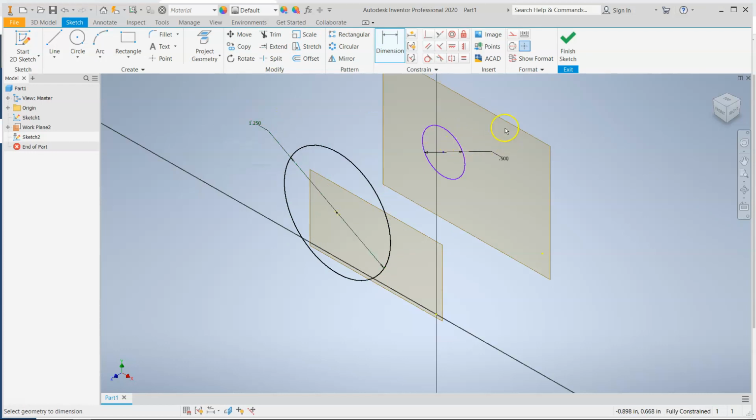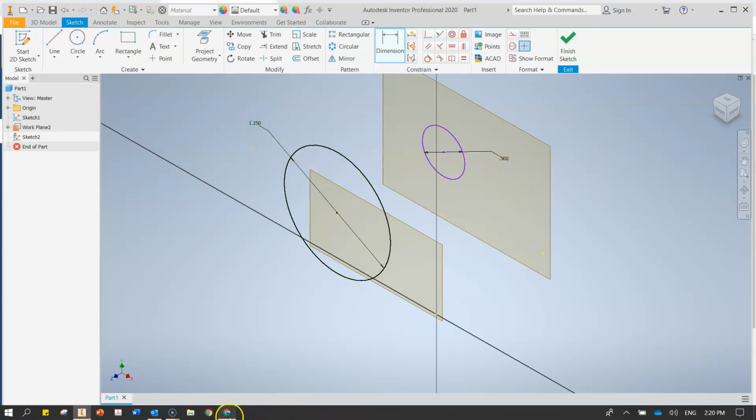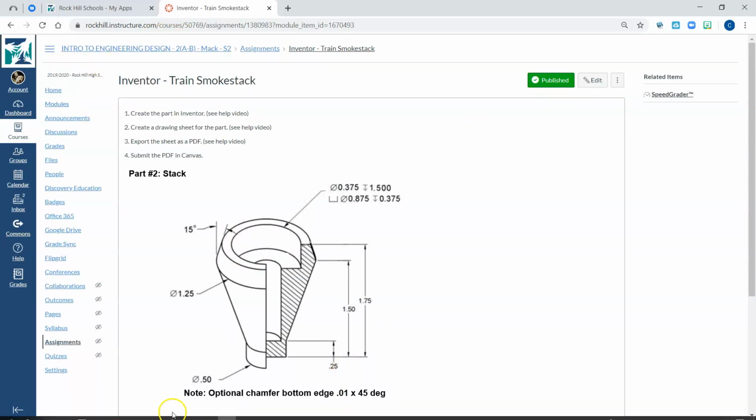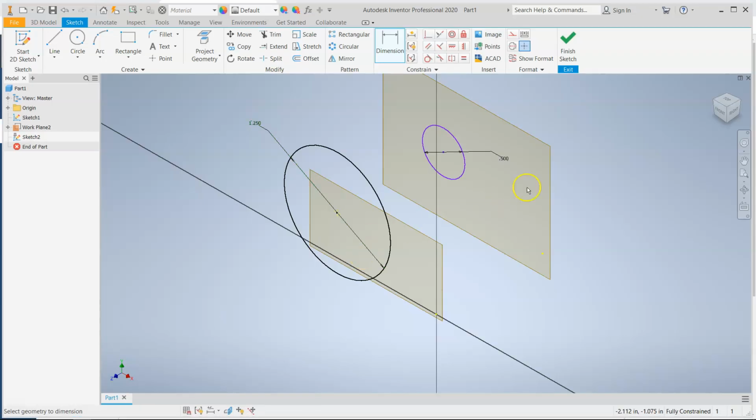So this plane in the rear is 0.5 circle, and this circle is 1.25. Just double check. 0.5 for the small circle, 1.25 for the large circle. That's what we want. Now in previous parts that we've made, you take a circle and you extrude it out